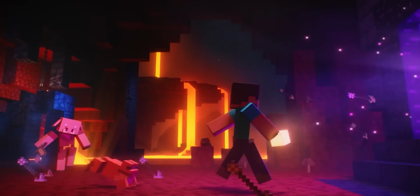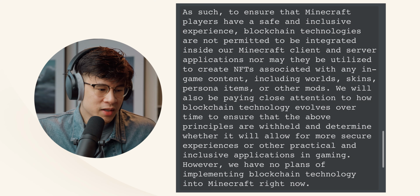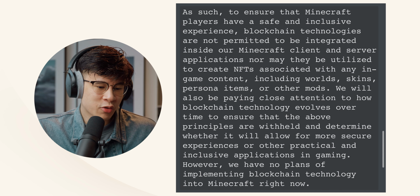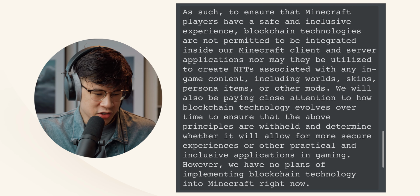Now, moving into some drama, Minecraft recently had some big news where they said that they are not going to allow NFTs and blockchain technologies to be used within the Minecraft client and Minecraft servers, right? So I think there are other people who have done this and they're making money on it, and then they're like, well, why are they making so much money on it? We don't want to be associated with NFTs and blockchain, and so they shut it down, which is huge because